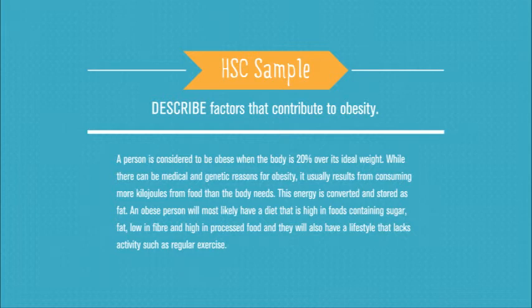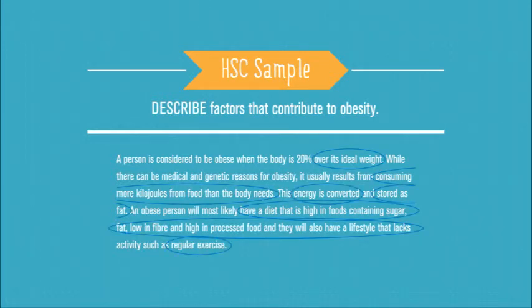That first sentence there, you can see that the student has attempted to define obesity, and that is fine. It means someone's 20% over their ideal weight. However, they do go on to answer this question correctly, saying things like, obesity results from consuming more kilojoules from food than the body actually needs, and that this energy is converted and stored as fat,